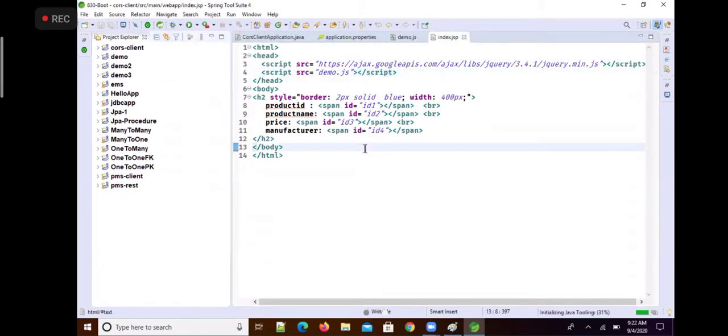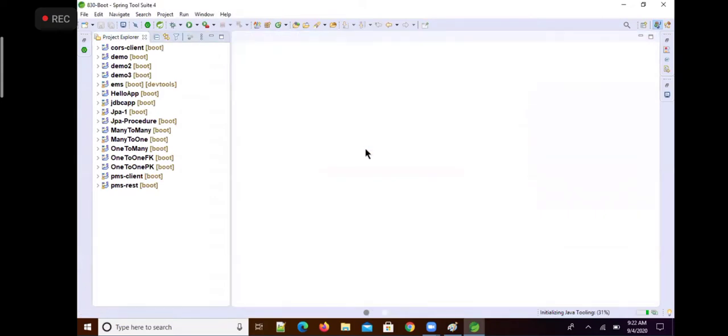Look at this now. So yesterday I've created one Spring Boot application, but this application contains one JavaScript file and one JSP file. Are you clear? I would like to tell you one more thing.